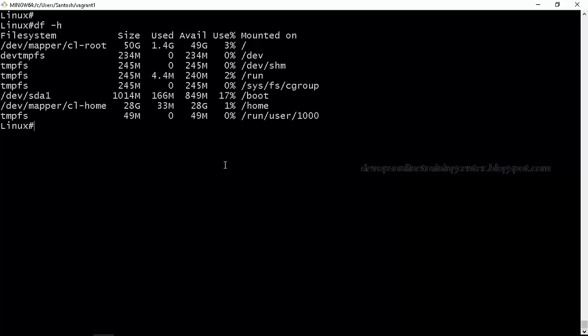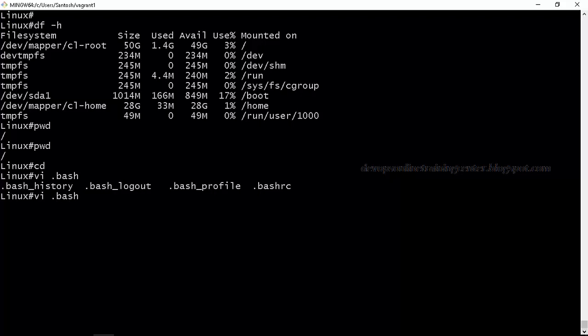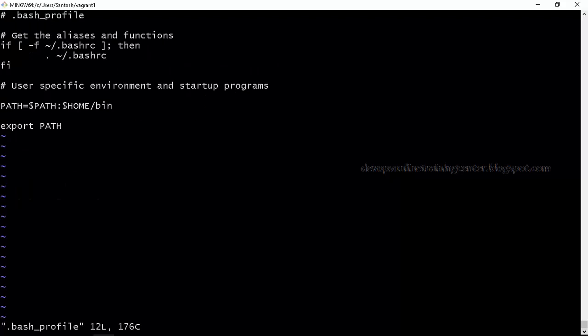Once you log out, this is temporary. Once you log out, that's all. Next time you cannot use this. Again, you need to export it, right? So there is another way, if you want to export the function every time you log into the machine, we need to add it to .bash_profile. There is something called .bash_profile or .profile inside every machine.